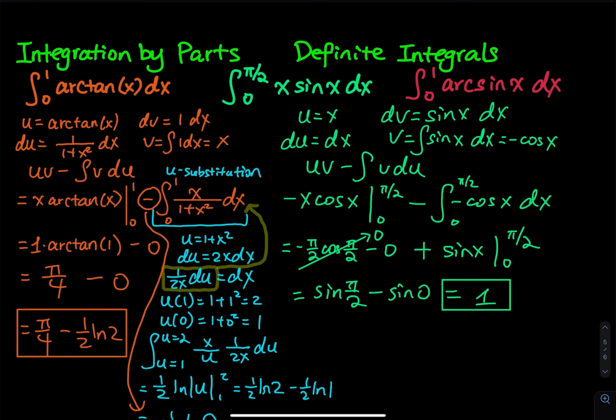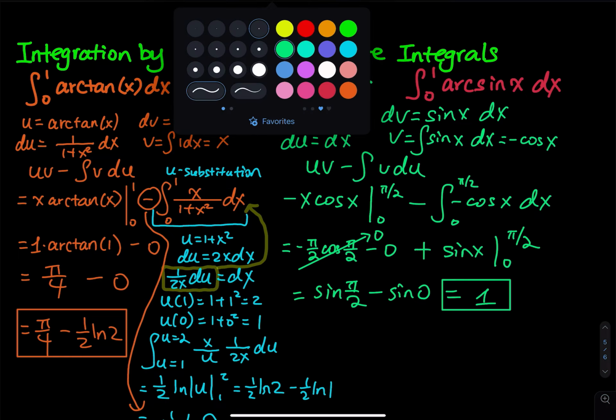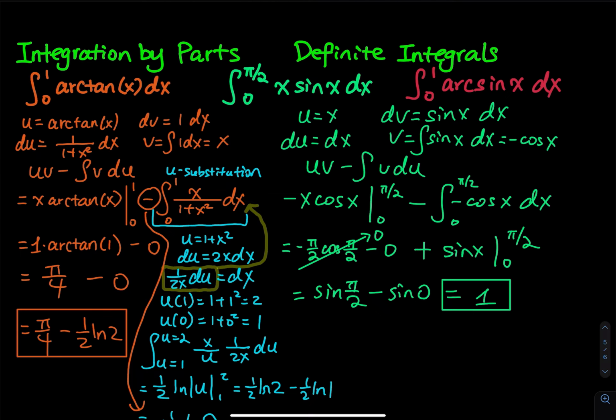All right, so moving on to the last problem, the red problem, we have a definite integral from 0 to 1. We have an arc sine. Arc sine is inverse sine of x. So for that problem, I am going to let u equal, let's just put this right here because I'm using the color code, right? So arc sine,